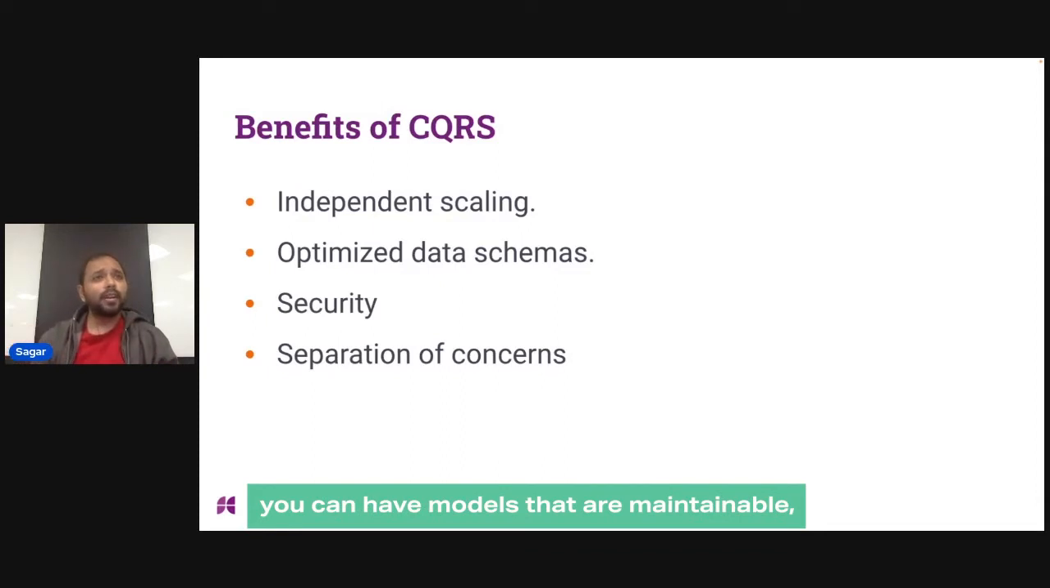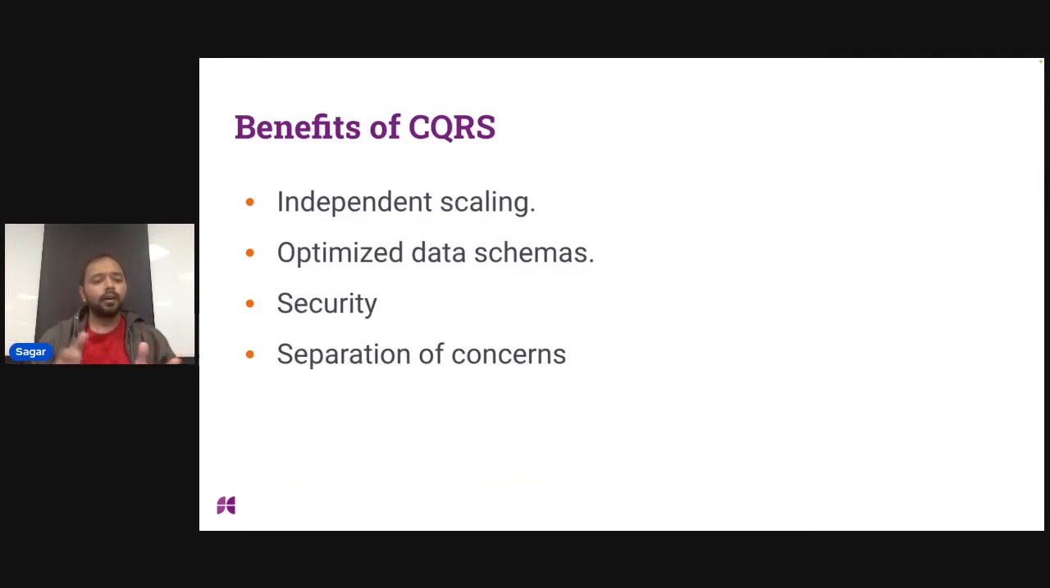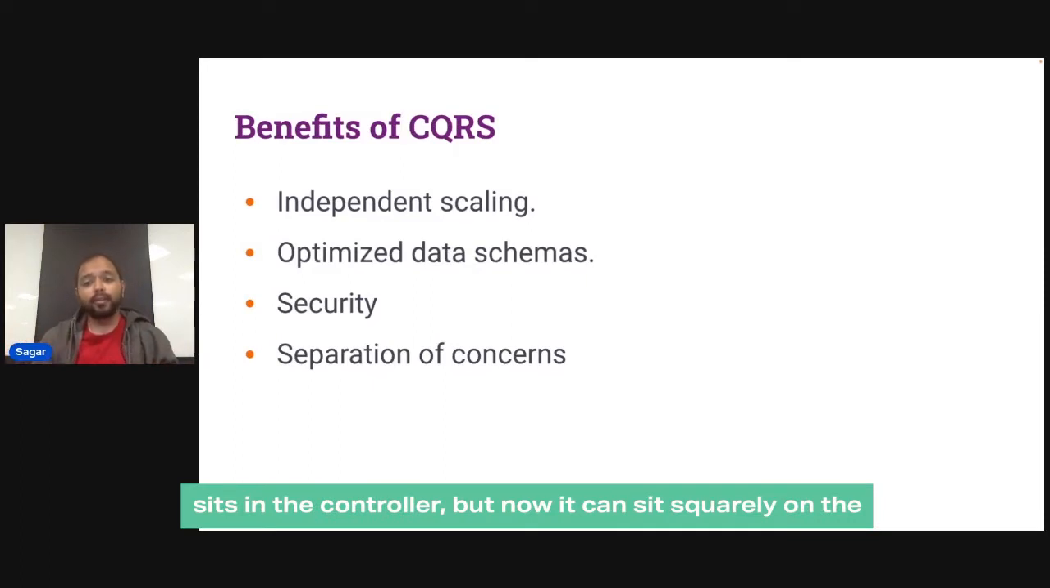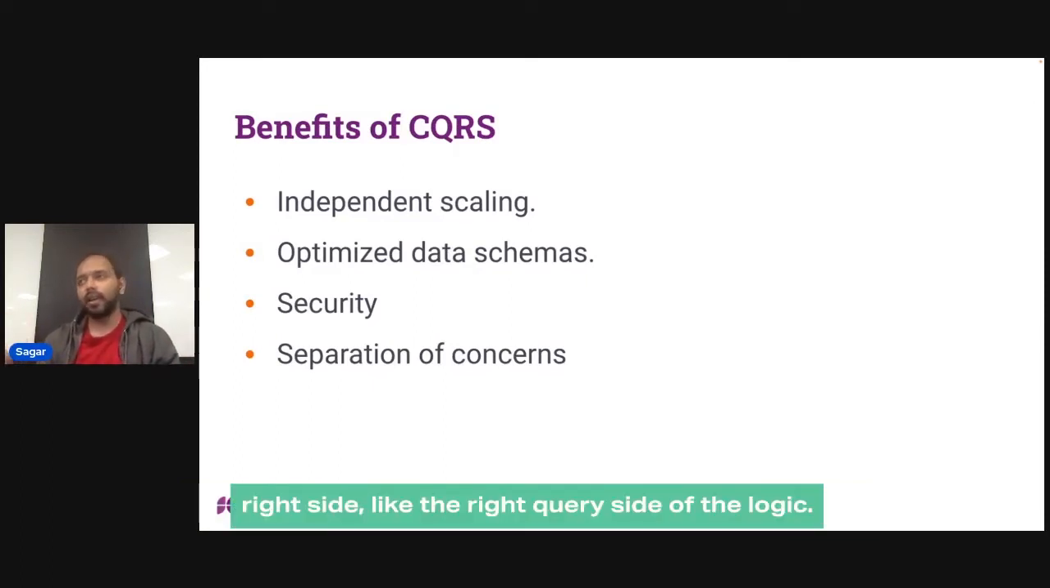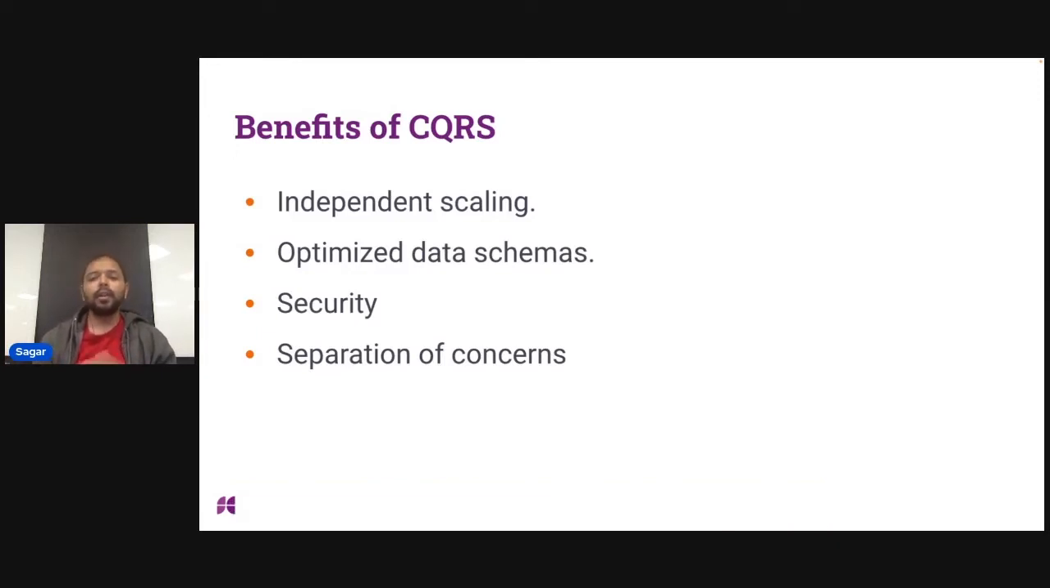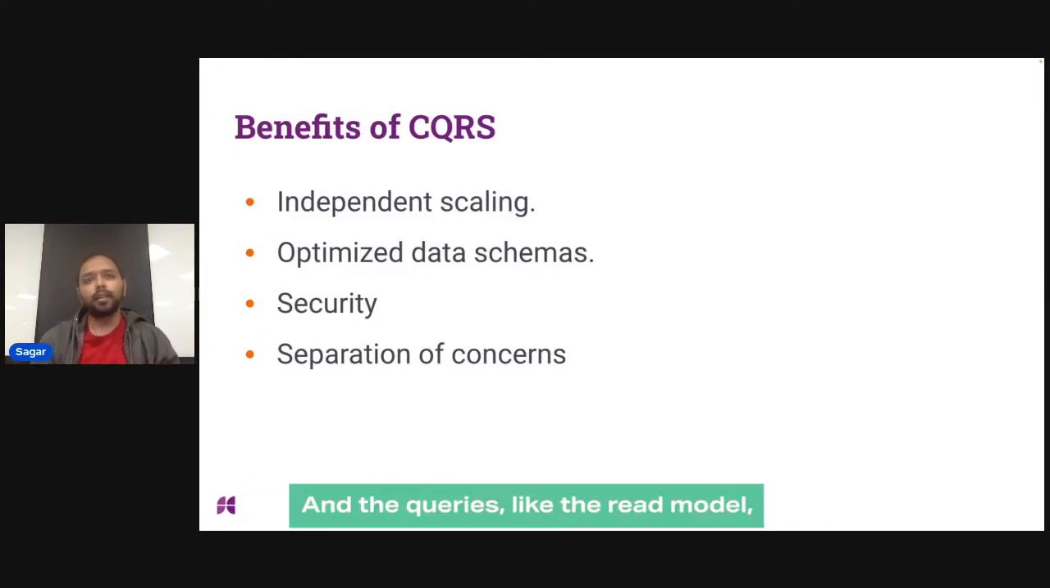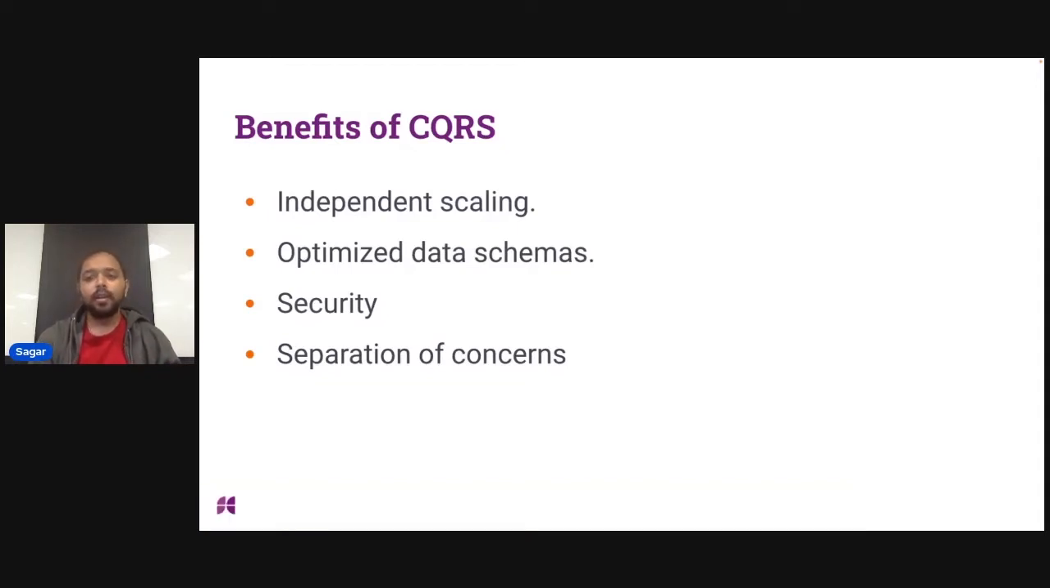And finally, there is a clear separation of concerns by segregating the reads and writes. You can have models that are maintainable, that are flexible, and that are handling the independent concerns by themselves. Most of the complex business logic, which when you're working on the unified data model in the 3-tier architecture sits in the controller, can now sit squarely on the write workload side of the logic. And the read model can still be very simple because the queries are simple,